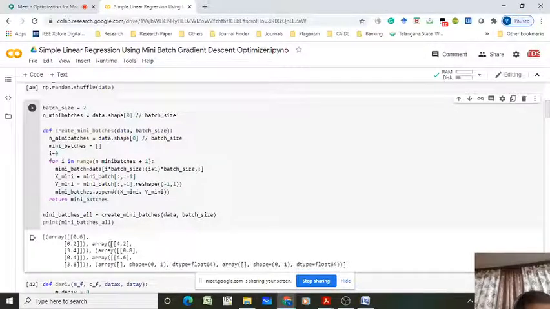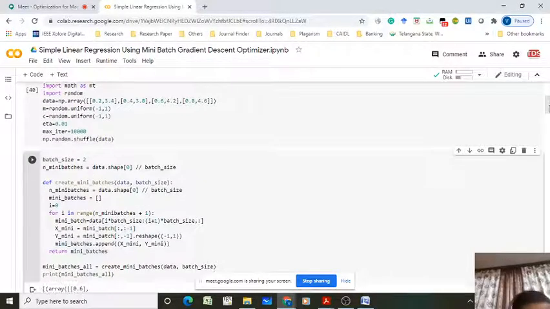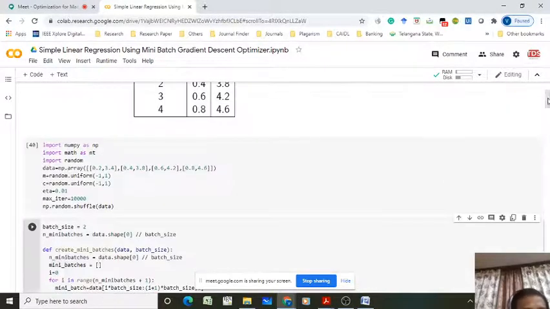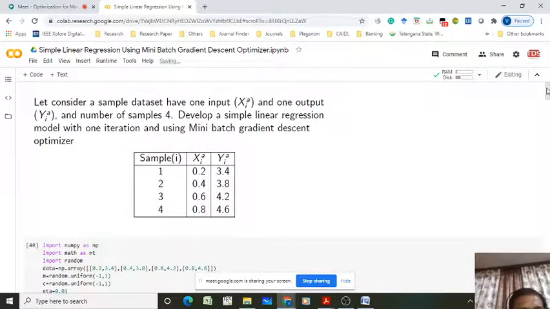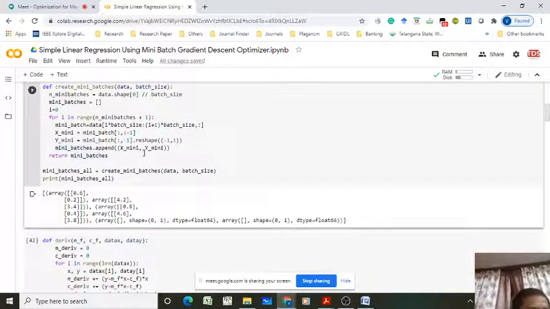Here, 0.6 and 0.2 are the third sample and the first sample in one batch, whereas the second batch is 0.8 and 0.4, the second and fourth samples. Like that, it randomly creates the mini batches.